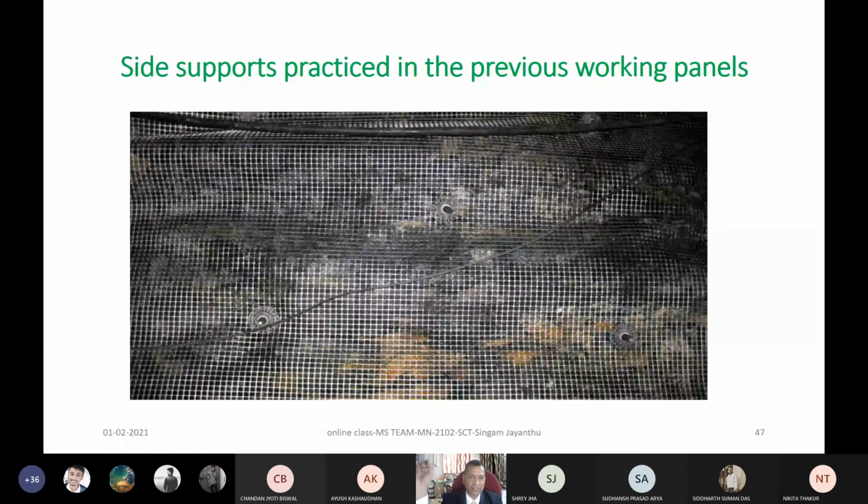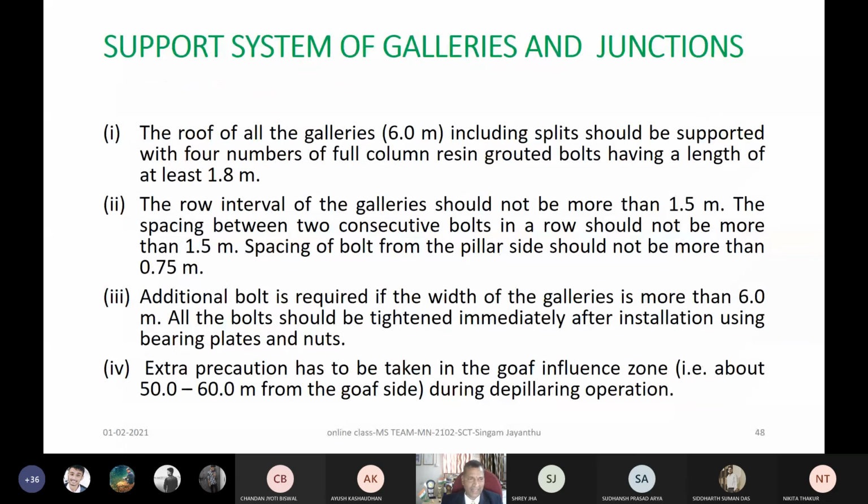Cuttable bolts should be used, so that a steel bolt does not damage the cutting picks of a drum or a rotator or a continuous miner which is cutting the coal. That is the reason why we use these cuttable bolts as a part of the system of mining itself. So that's what is seen here. In some previous classes also I used to show this, just to give you some ideas.